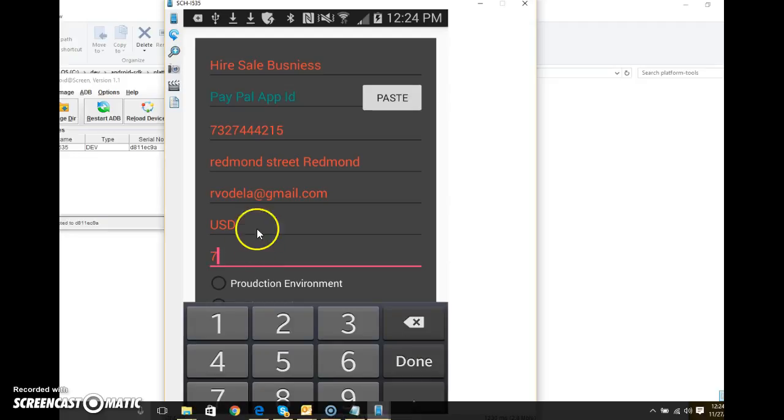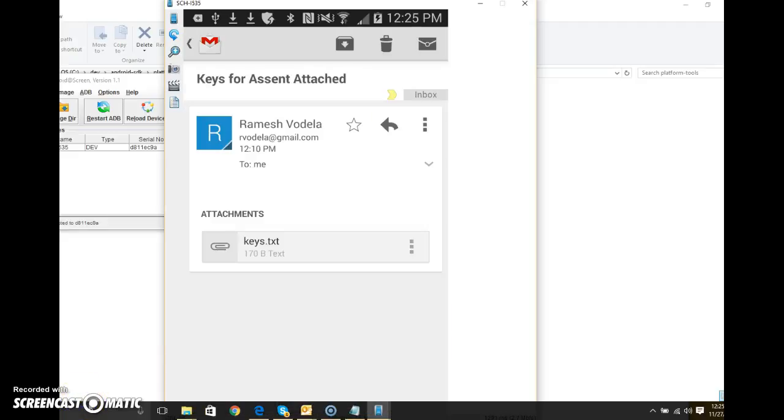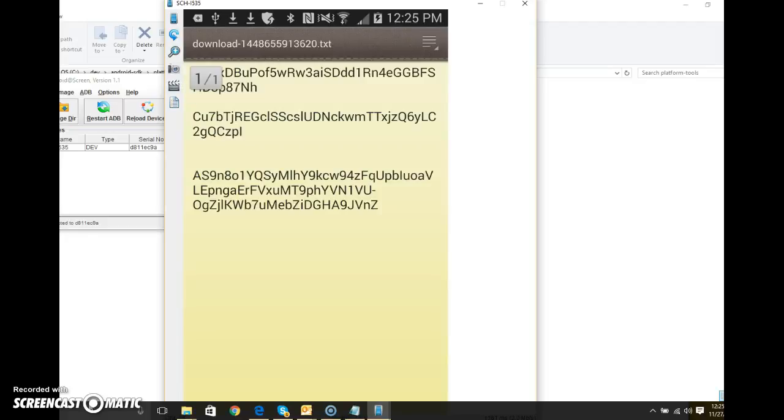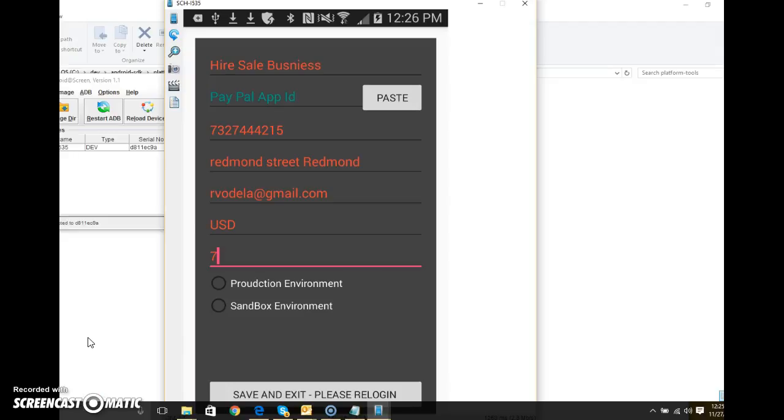Now you have to copy and paste the PayPal ID that was in the email attachment. Go back to the email attachment, open it, and click on the last key that was created from PayPal and copy it into clipboard. Come back to this application and say paste so that the credit card processing required by PayPal key is entered